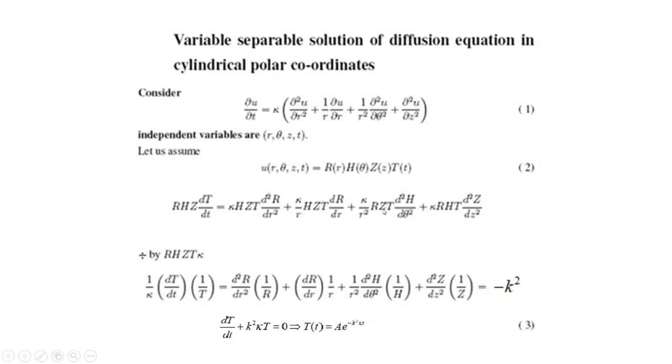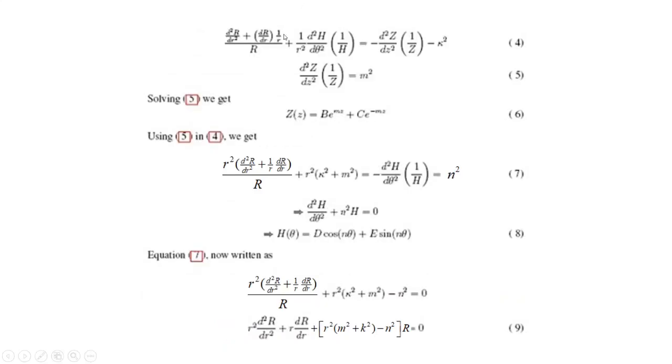So look at that. We were supposed to find capital R, capital H, capital Z and capital T, of which we have already found capital T. So it remains to find capital R, capital H and capital Z. For that we have the second term to be equated with the third term. We can see that here we have a function of R, a function of theta and a function of Z. So we have to look into this equation to get capital R, capital H and capital Z. So you write that equation in this particular form.